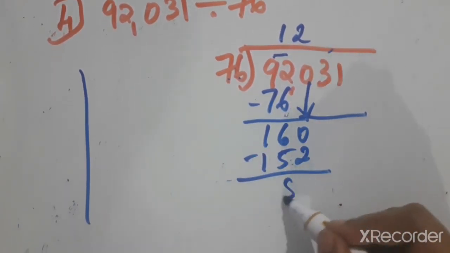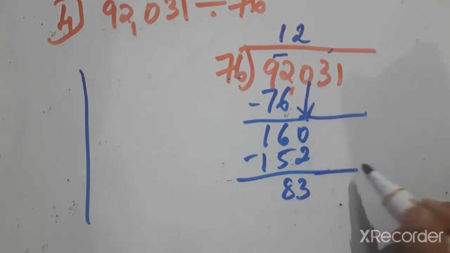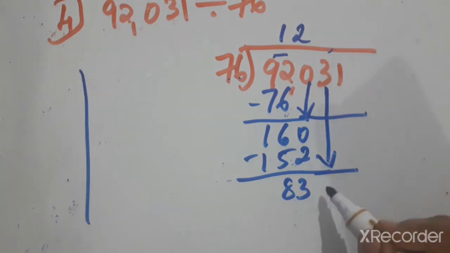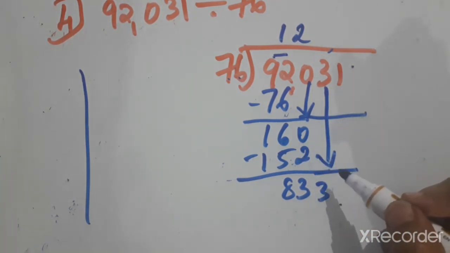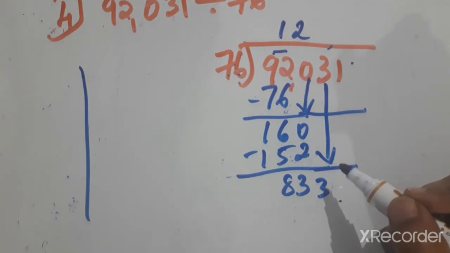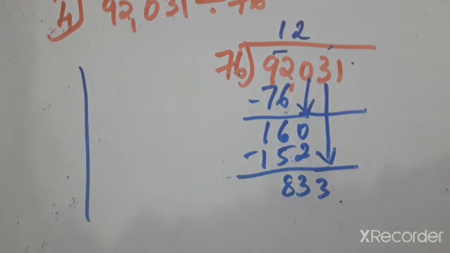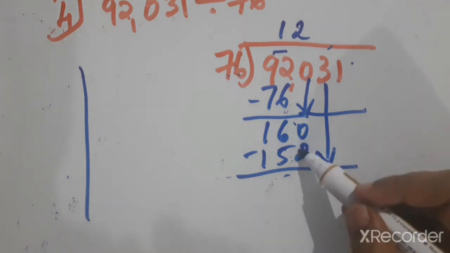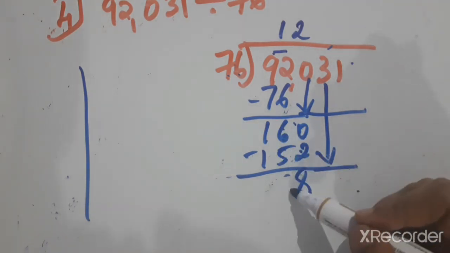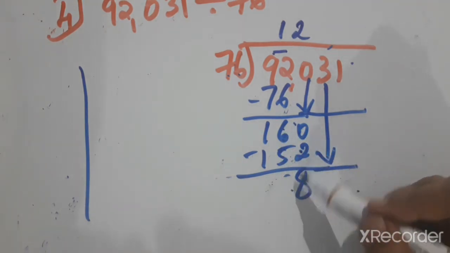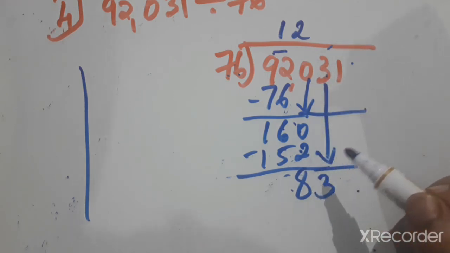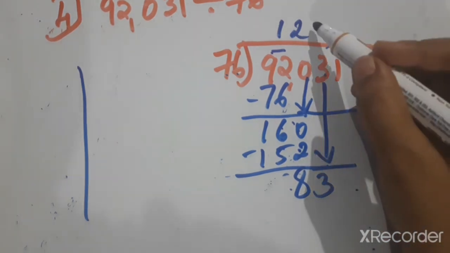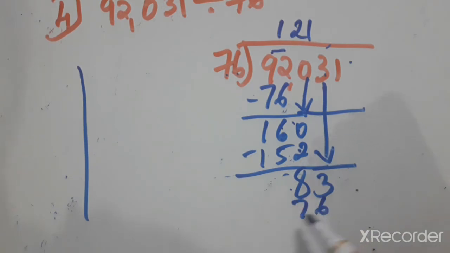After subtracting, 83 is the answer. Now bring down only one digit, okay? We can't take 31. 830. Sorry children. Now 10 minus 2 is 8 and 5 minus 5 is 0. Only 8 is the subtracted value, and bring 3 down. Now 83. 76 ones are nearer, 76 ones are 76, minus means 13 minus 6 means 7. 7 minus 7 is 0.